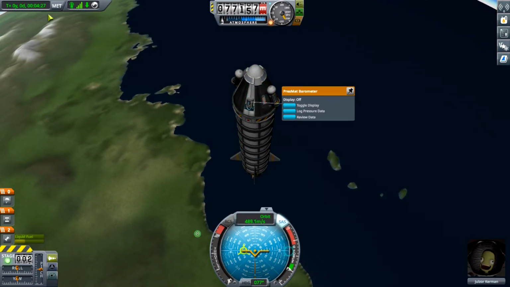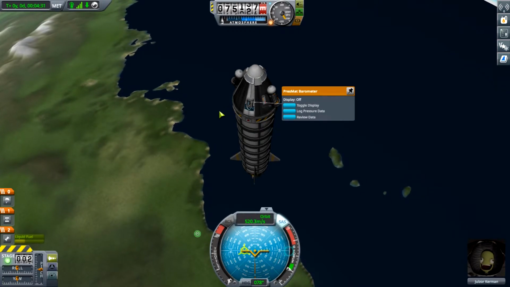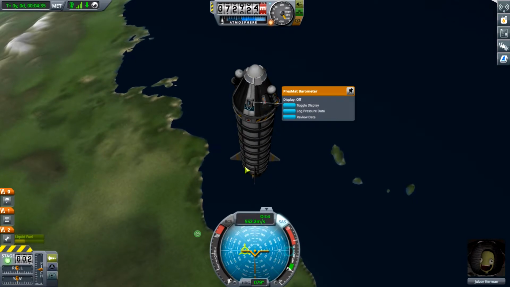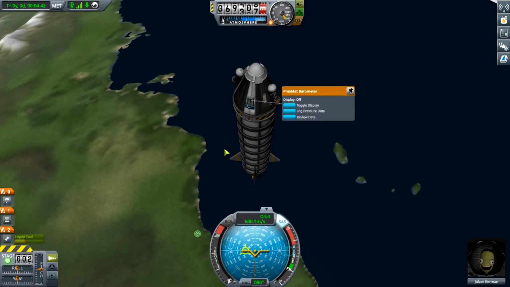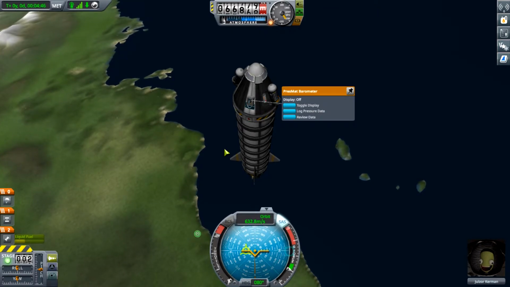So, what we will do is we need to get back down to Kerbal, collect our stuff. It's definitely going to give us some more science. And that's what we're going to work on here for a little bit, is we're going to shoot for building up our science so we can